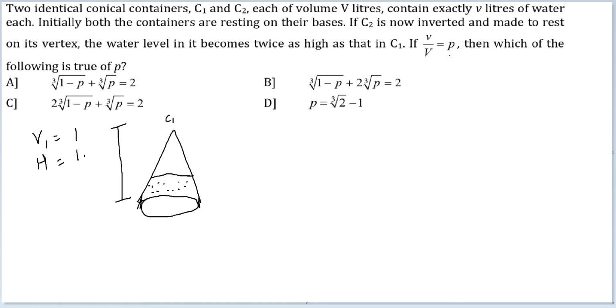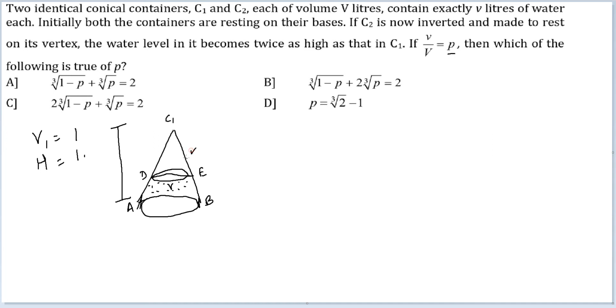It will make my work easier because eventually I have to give my answer in terms of P, which is the ratio. So regardless of what number I take, it will not make a difference. If this is 1, this is 1. This is the small v. If this is C1, I'm naming this A, this B, this D, and this E. There is a small cone getting formed at the top as well. CDE is a cone and CAB is a cone.